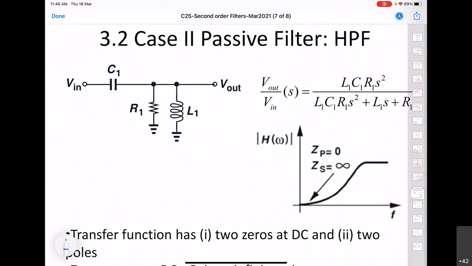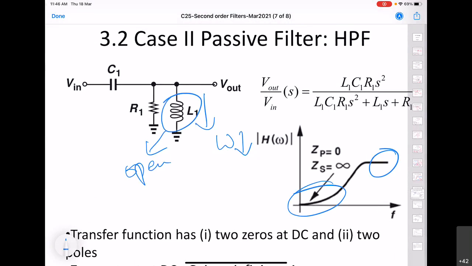Now if we interchange the location of L and C so that this starts offering low impedance when frequency goes down, in that case what we will see is attenuation of low frequency components, and for a high frequency component this will act like an open circuit. So there will be finite value of output larger than the typically lower value cases. So in that case we will have a high pass type of response,